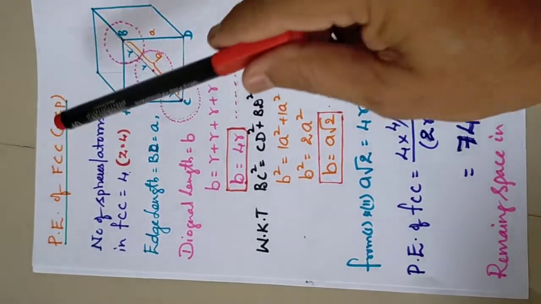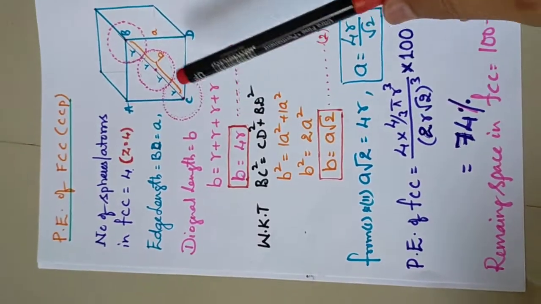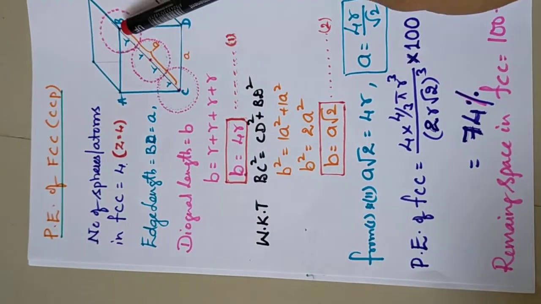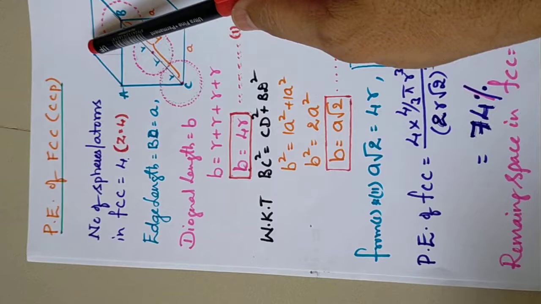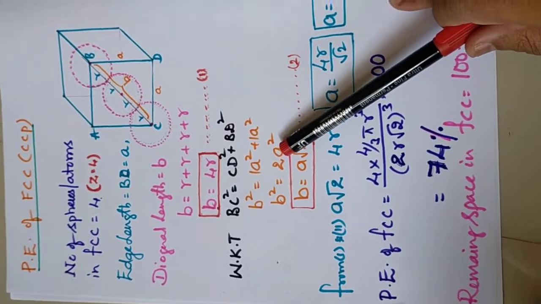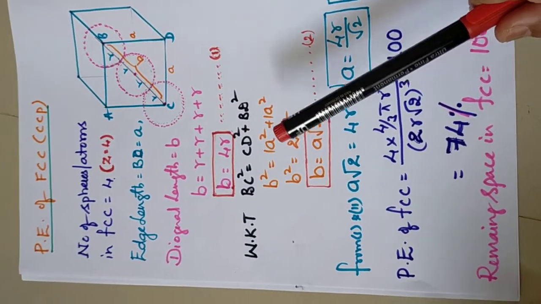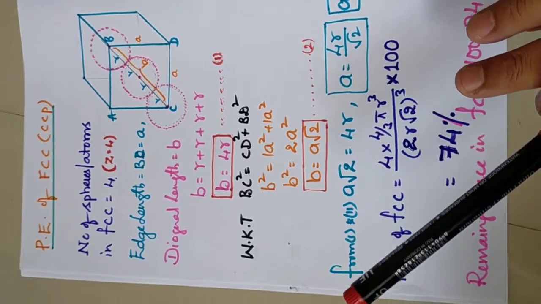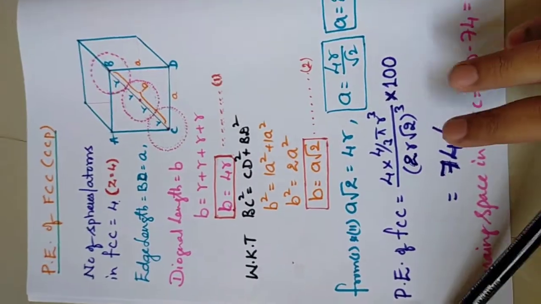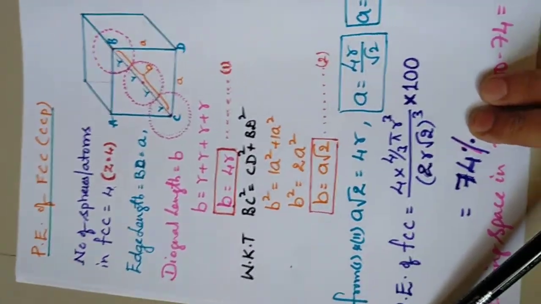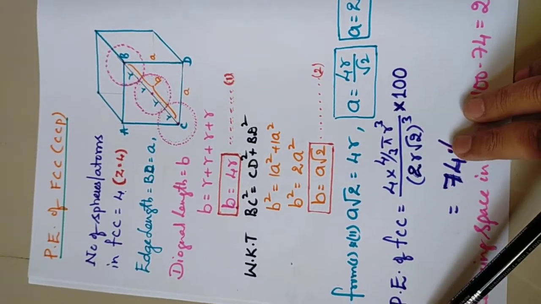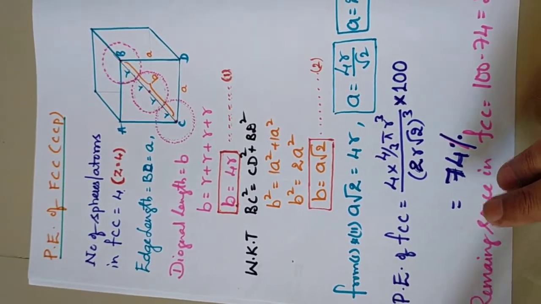So we are learning face centered. When you take any one face, take this one, you take this one, this side. Drawing a diagram is an art; you should learn it correctly. Wherever the face you want, you can draw, but you should be careful how you are following that one. The faces have different names.